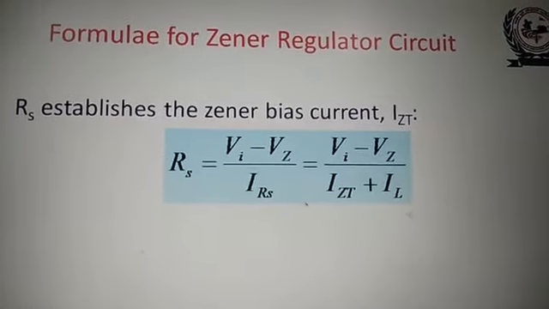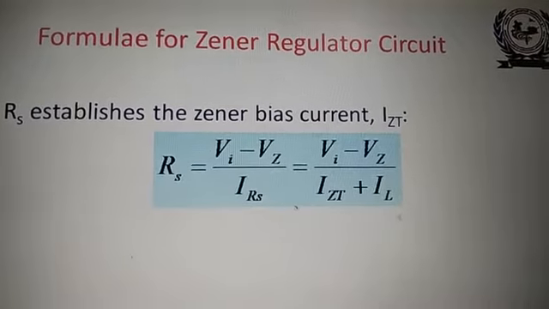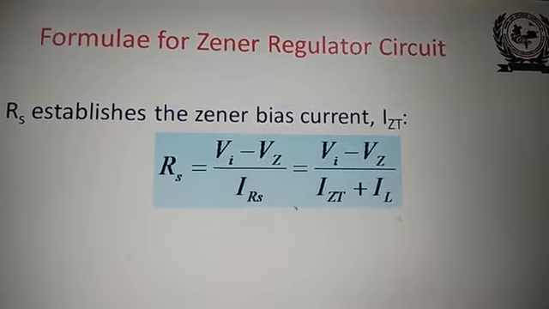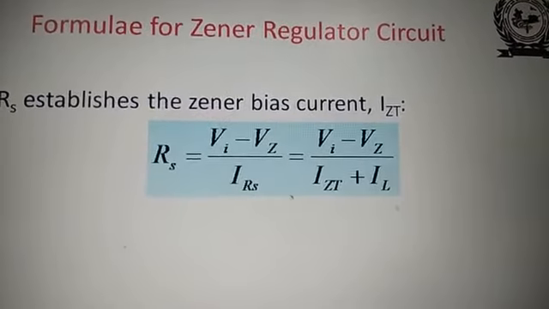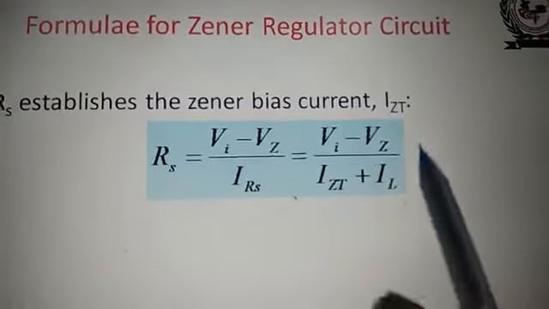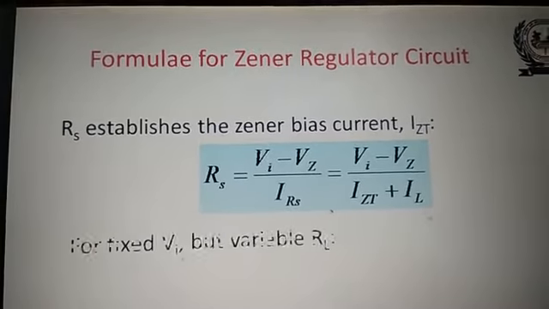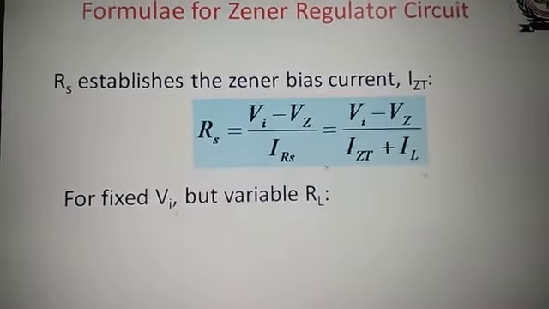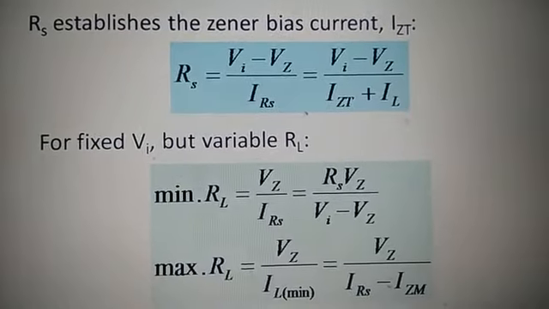So current through RS is given by VI minus Vz upon RS, and IRS is the total current flowing through the load and Zener diode, that is IZT plus IL. This is IRS. So this is the value of RS you can calculate,